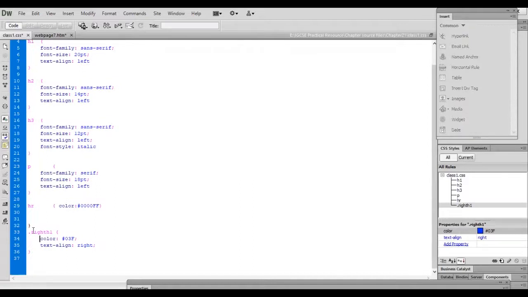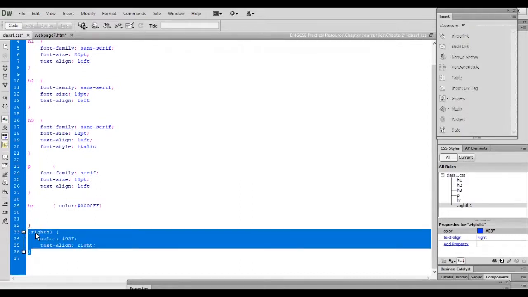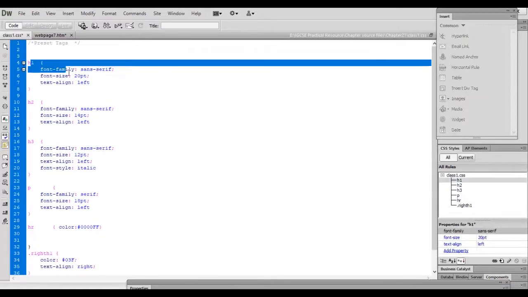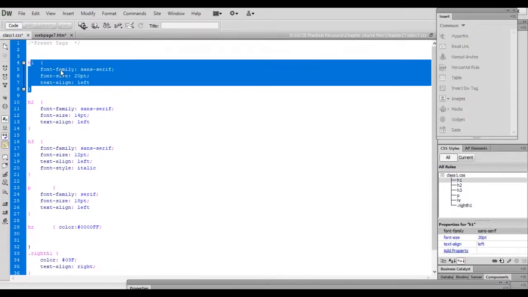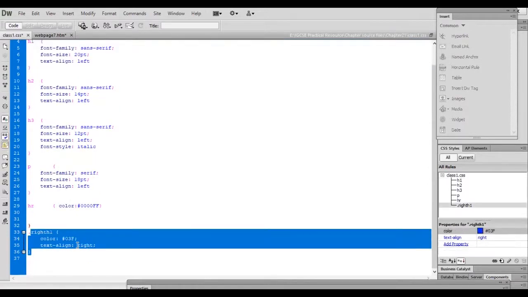Here I have created this one class, right H1. This is my H1 tag which I had created in the CSS tag. So using a class I have redefined it.